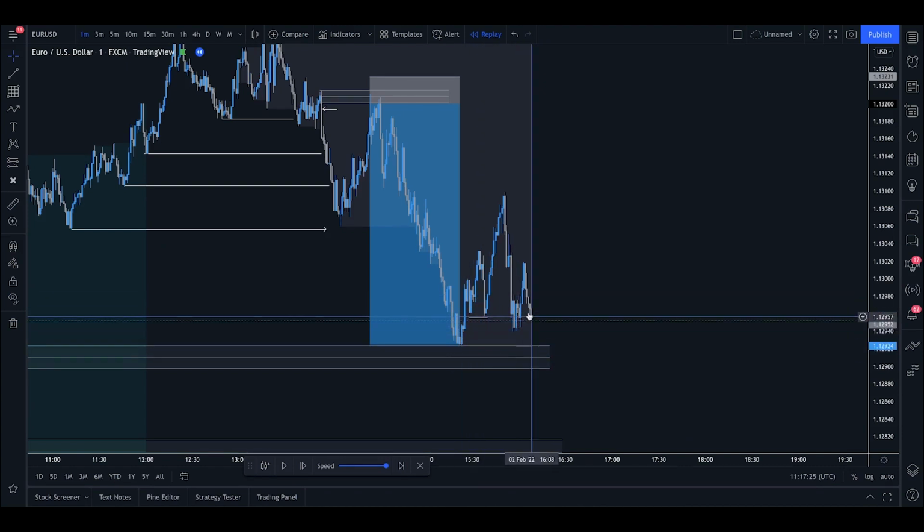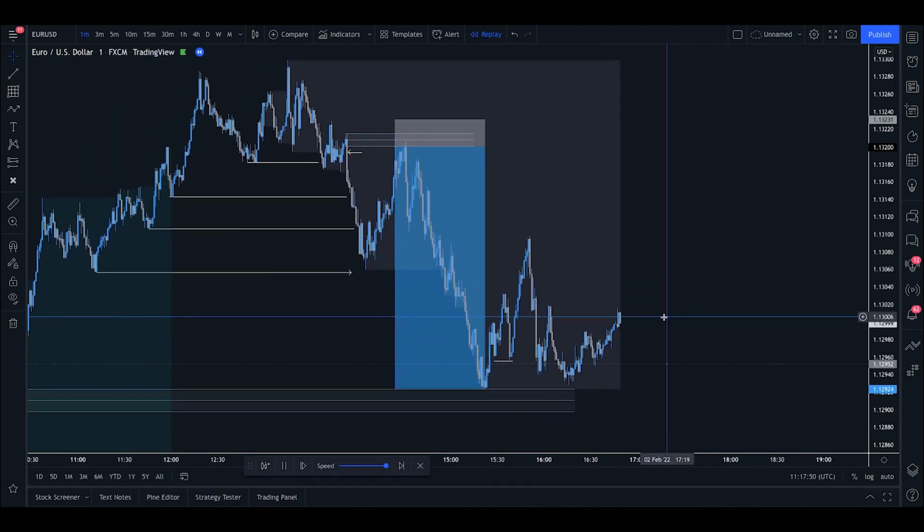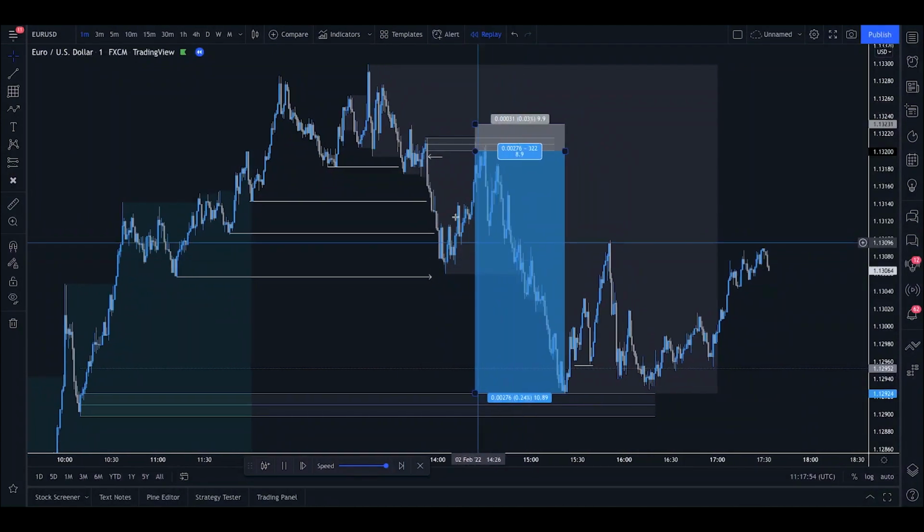liquidity here above this demand zone, and price wicked into this demand zone and then started to make some bullish movement once again. So I actually executed all of my position and took it all off when we came down here. And then I'm not sure what the market did since then. But that was a successful New York reversal trade. And that was just a quick